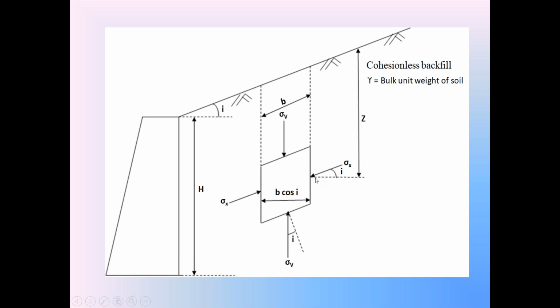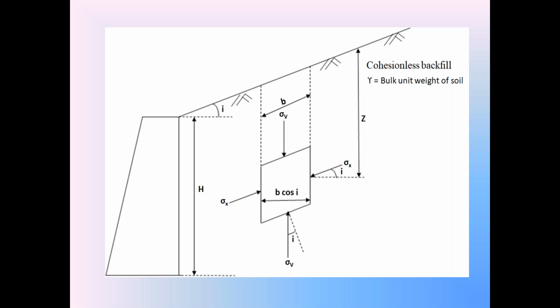Check this direction. This direction is perpendicular to the vertical side of the element. So along this direction, let this element be subjected to the principal stress sigma 3. Similarly, along this other direction, perpendicular to the bottom of the element, and also at the top of the element, consider the direction perpendicular to the top. Along this perpendicular direction, let the element be subjected to the principal stress sigma 1.